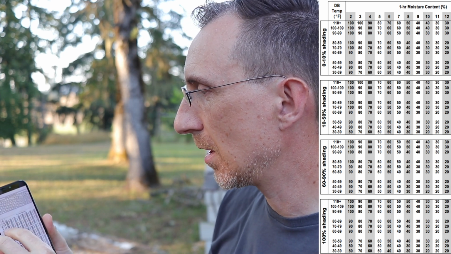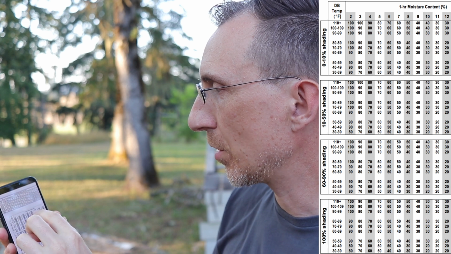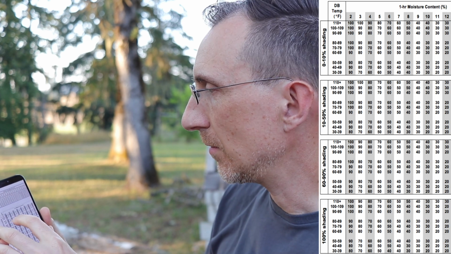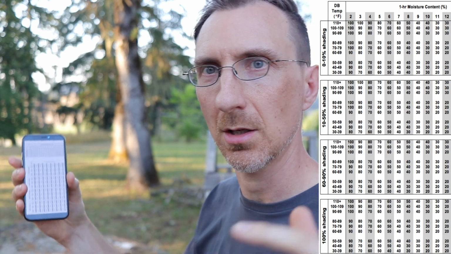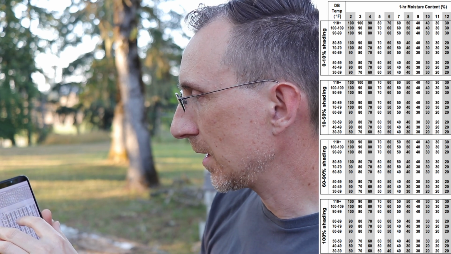So there's one that's for 80 to 89, and so then we move over till we find the 1 hour moisture content. That would be the one we figured out, which is about 6%. So you find 6 and you go down until you meet in the middle. And so that says 60. So we're at 60%. That is the probability of ignition. So there's basically a 50-50 chance, 60 obviously, 60-40, more than half of a chance